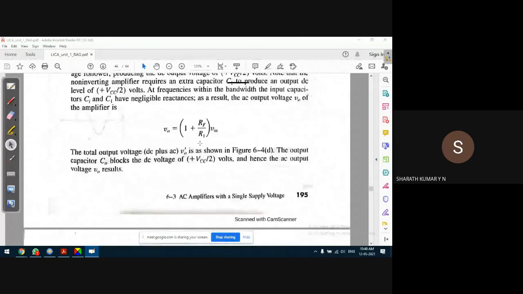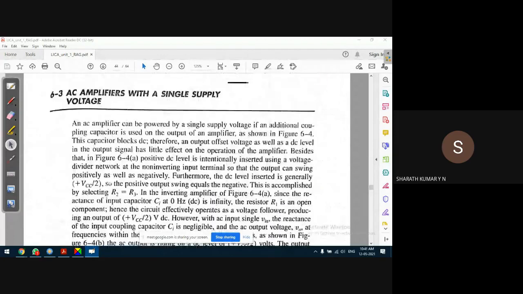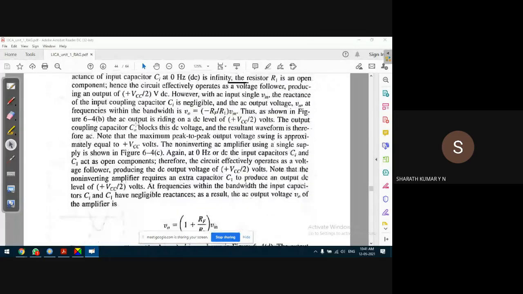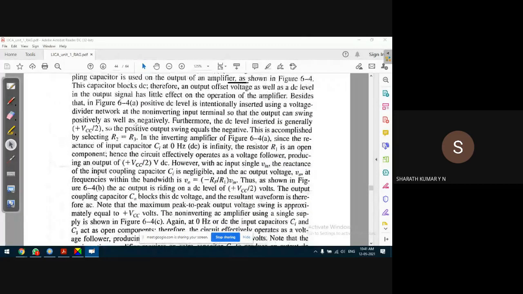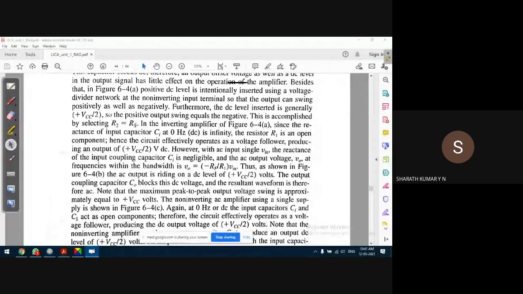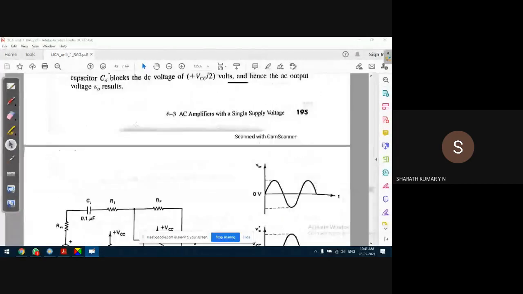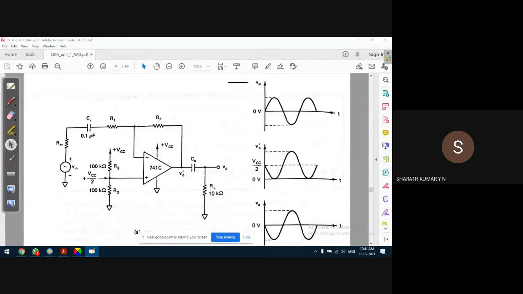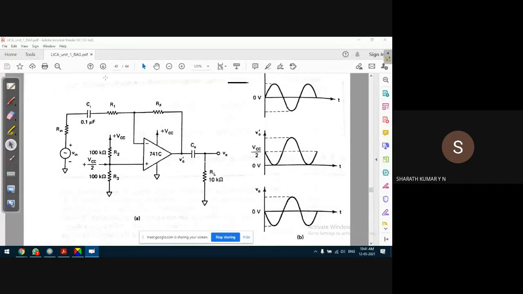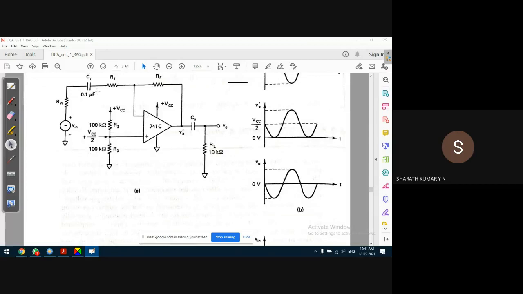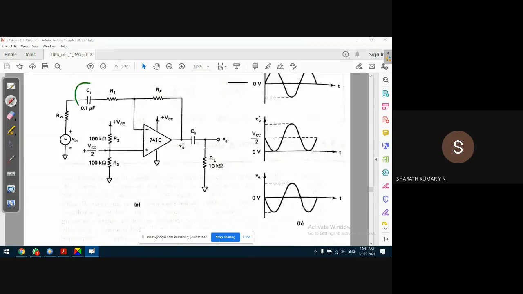Okay, let's quickly go through this. It's very simple, no problem. AC amplifier with a single supply, power supply. What is the important point here? Now V0 is here, and VCC. It's an inverting amplifier. It's generally a capacitor coupled inverting AC amplifier. Very simple. To be more specific, guess what happens in this circuit?